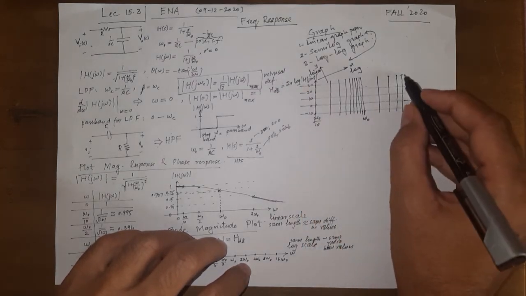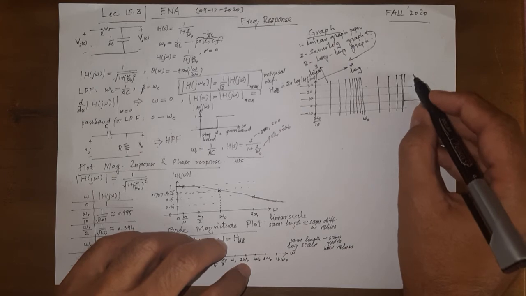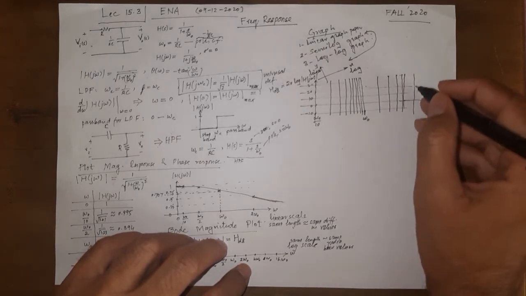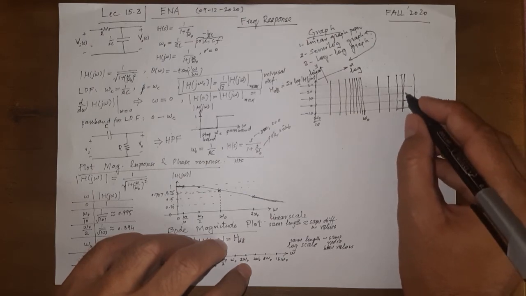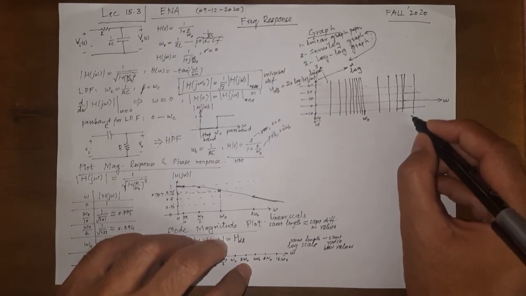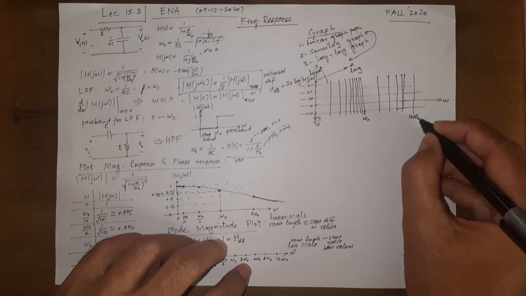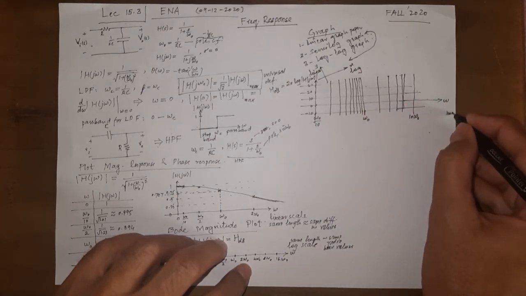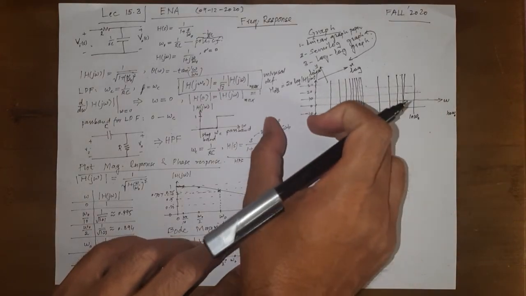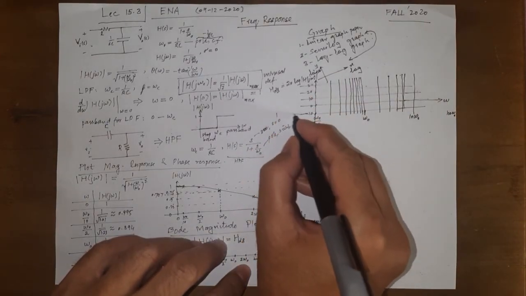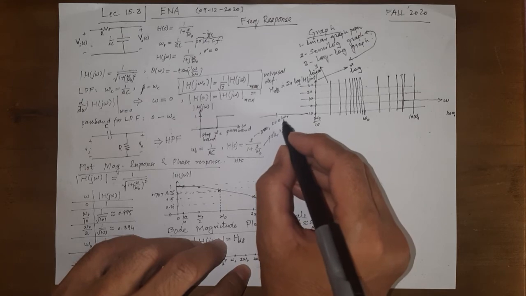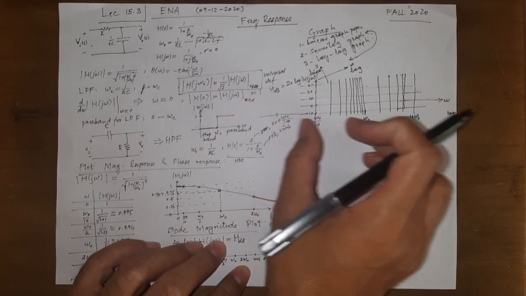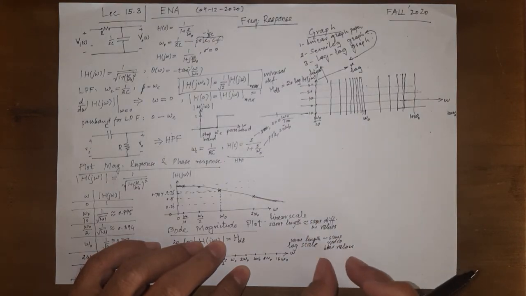And similarly, the point after 10 lines, I have not drawn all because they will shrink, and it's not easy for me to draw without a ruler and proper scale. We will mark this as 10 times omega naught, and after a similar distance here we are going to have 100 times omega naught, and after a similar distance to this side we would have omega naught by 100. So you see the same distance preserves the same ratio.